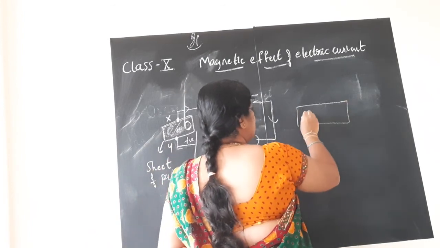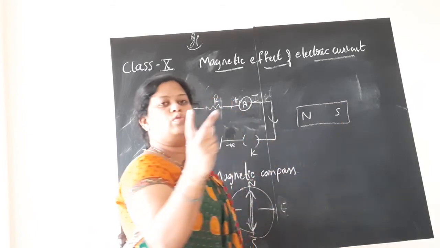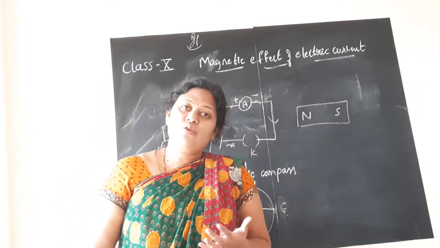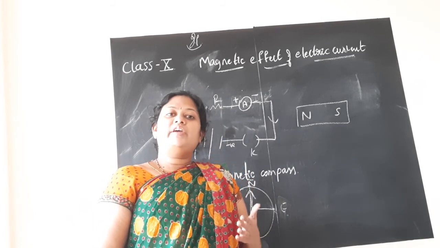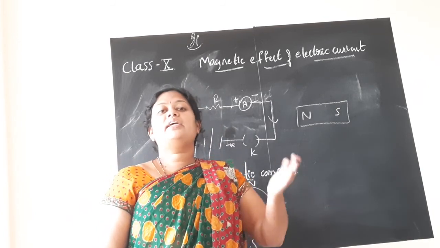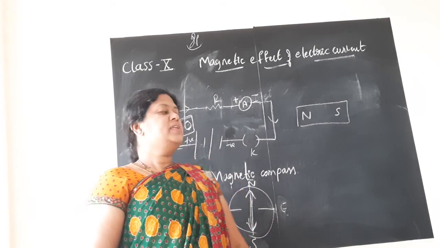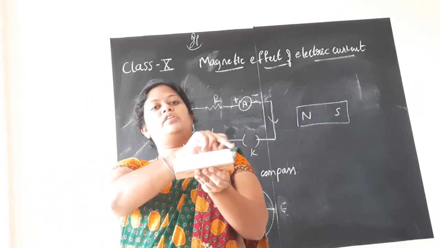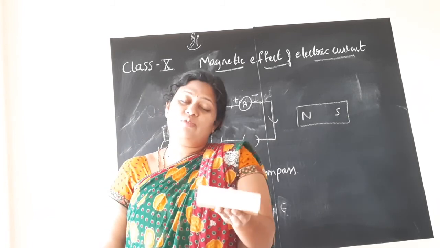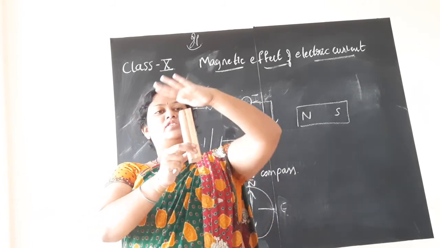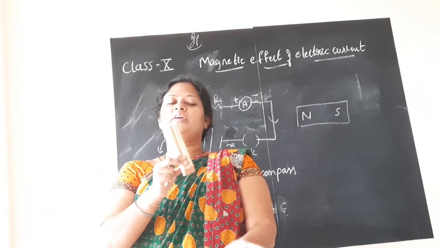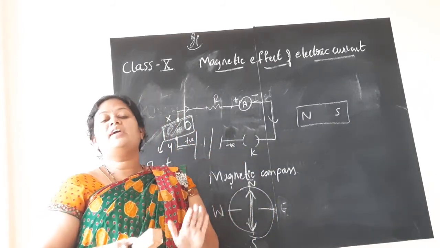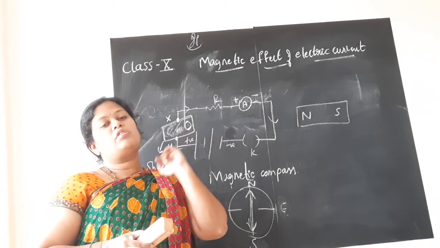Any magnet you consider always has two poles, which are north and south. So this magnetic compass is also a device which always shows the magnetic north. We will tell children, if this stick is showing north, then obviously this will show south. Now if I consider this north, then this is obviously south. It cannot become east or west. So we will tell the north-south direction, but mainly it is showing the north pole.